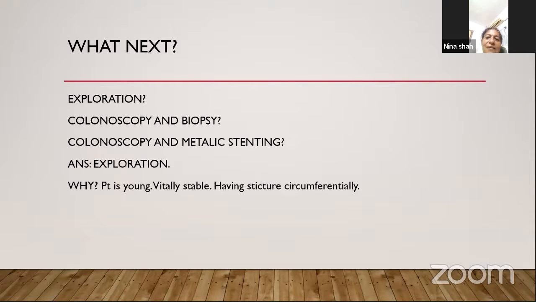Siddharth, answer. Sir, CECT suggests you malignancy, so there is chances of. CECT is just an anatomical site or staging investigation, not the diagnostic investigation. Do you think it is a diagnostic? There is a chances of perforation and bleeding in case of colonoscopy. Why? You need to understand the difference between the two patients. Will you do colonoscopy or not? We will go for it or not.